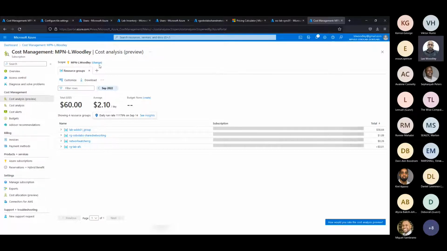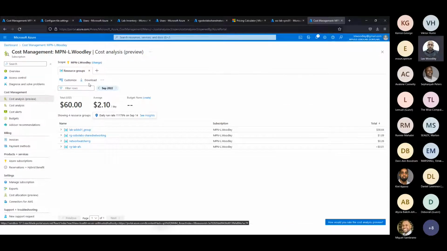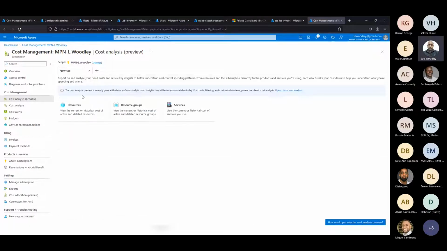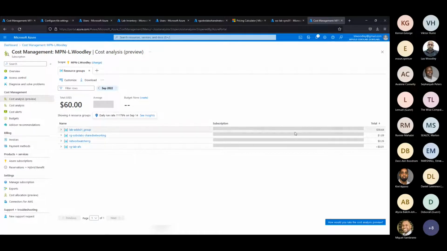My selection was based on subscription. Of course, there's only one subscription here. And then I drilled down to resource group. Right, we selected resource groups here as a filter for our pricing information.